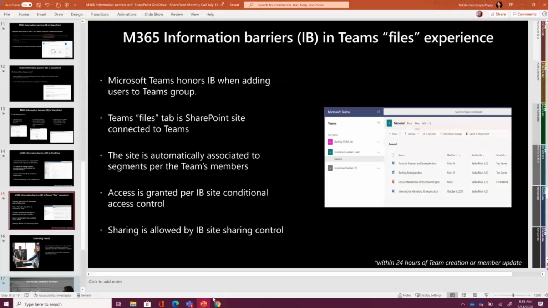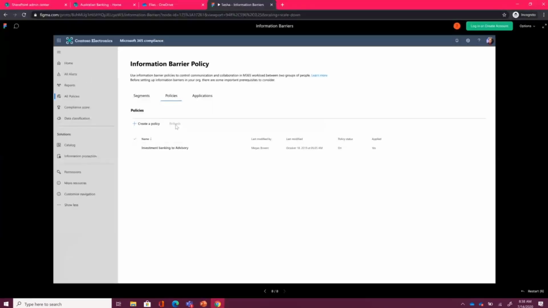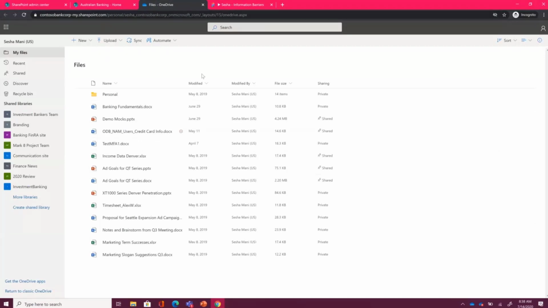Now, once the policies have been defined, if the user is associated with a segment, then their OneDrive will automatically get associated with the user segment and any other segment that is allowed to the user segment per policy. So here is an example of user Sesha.